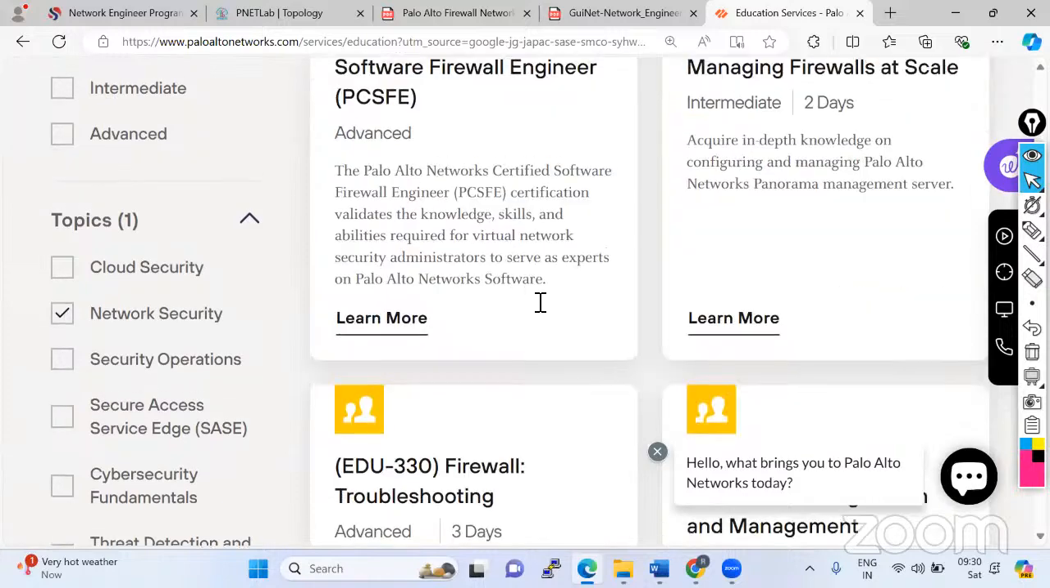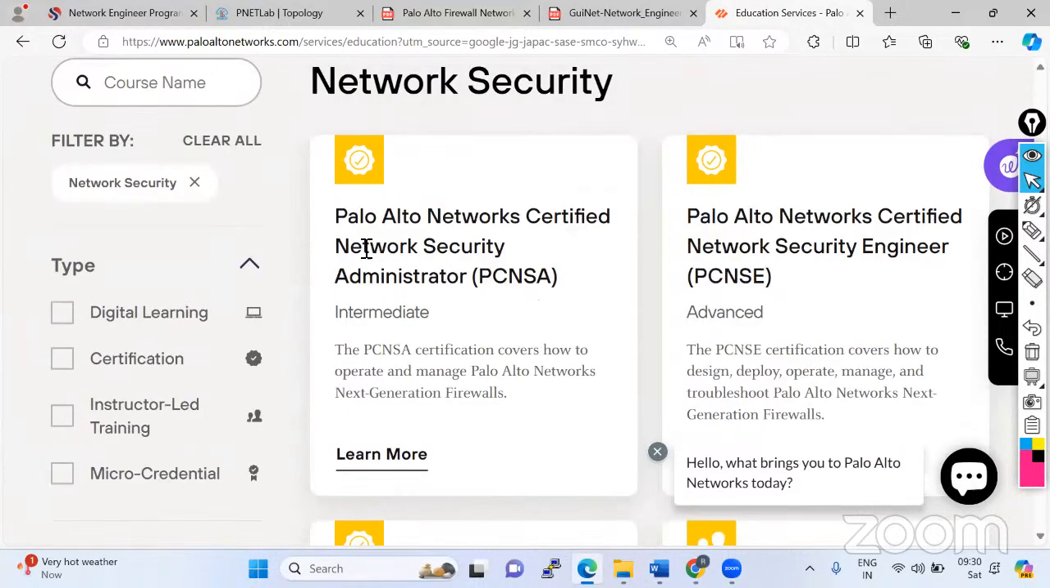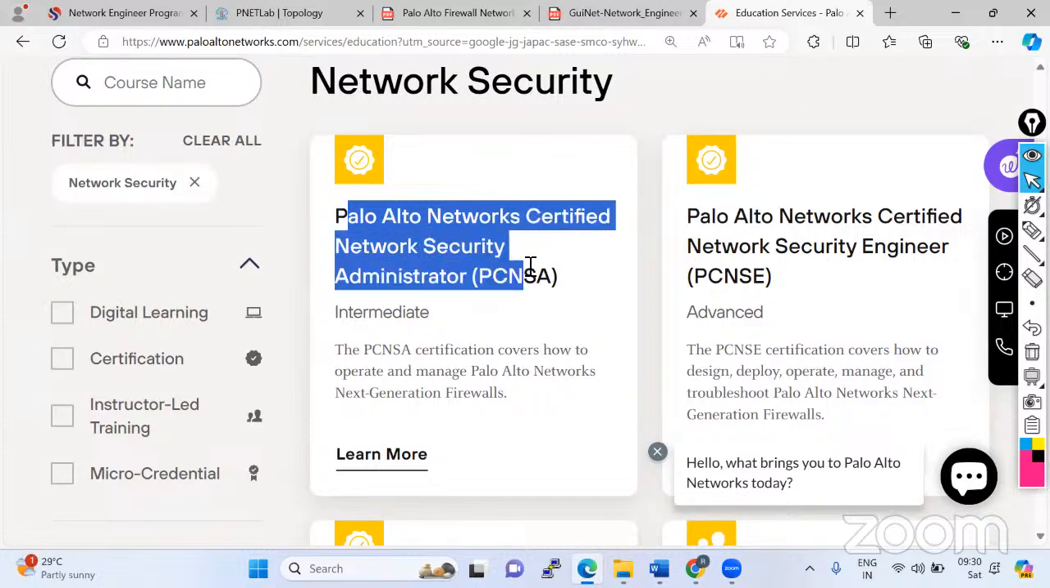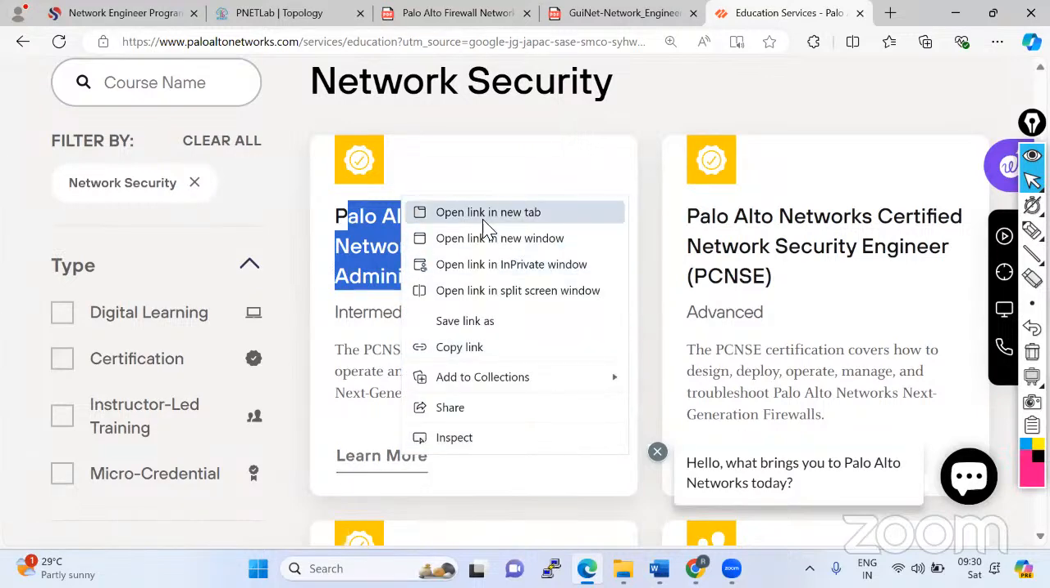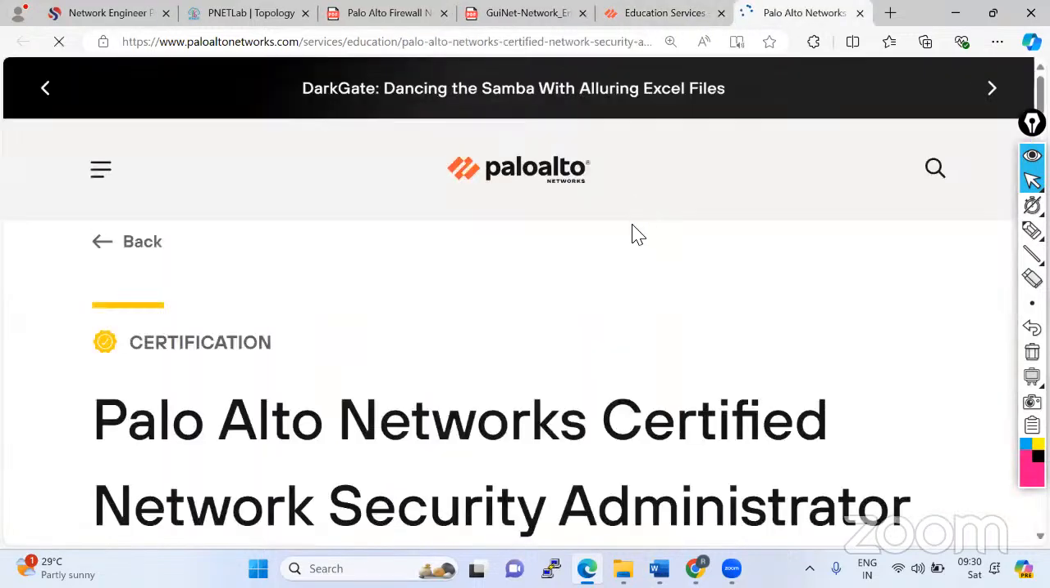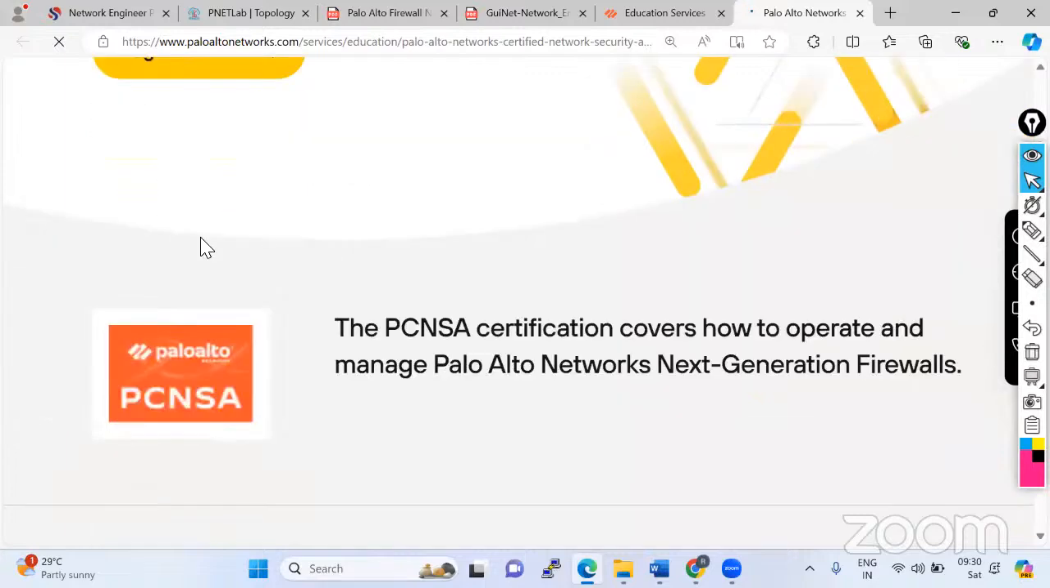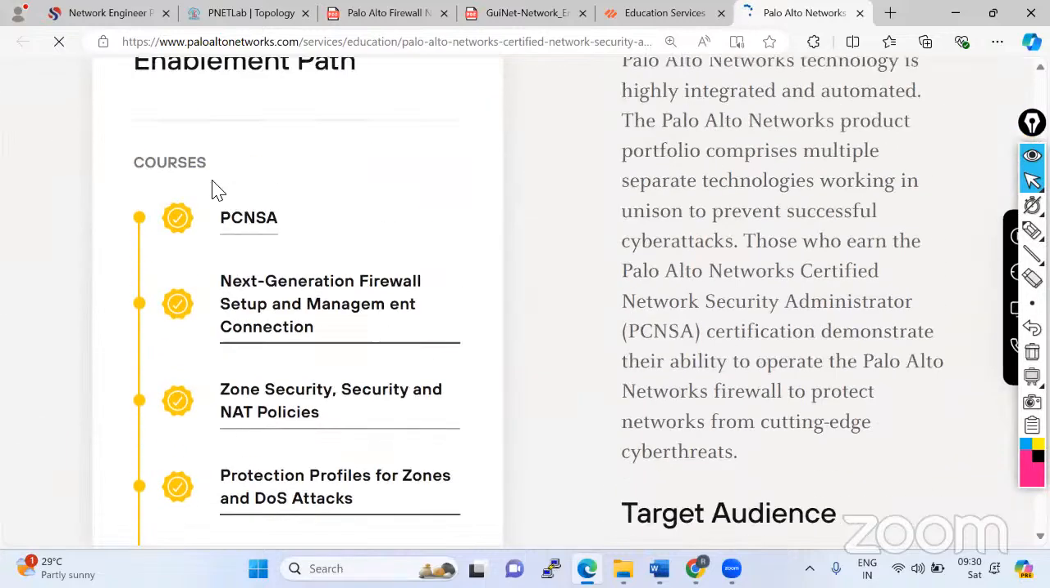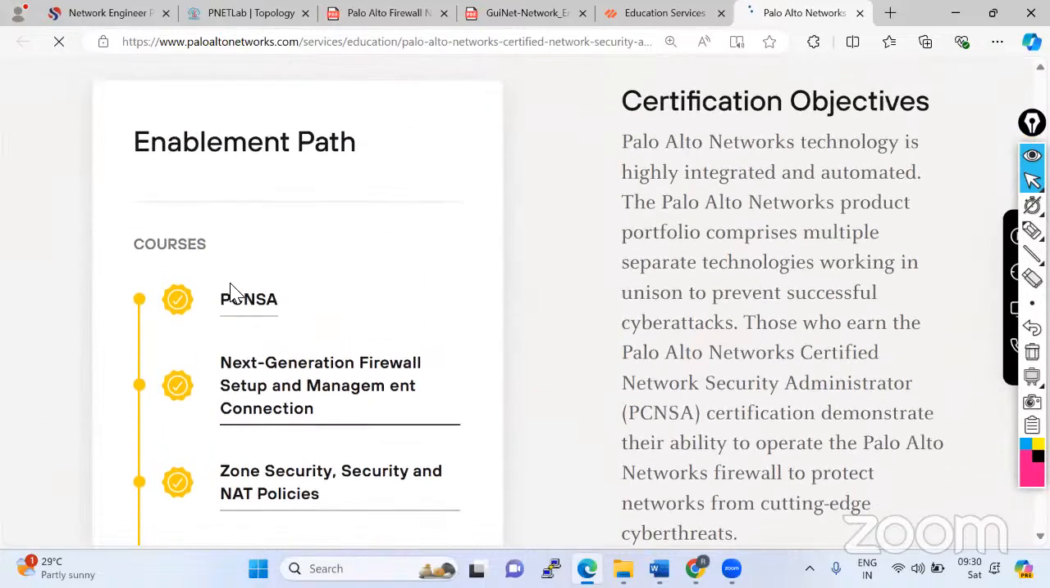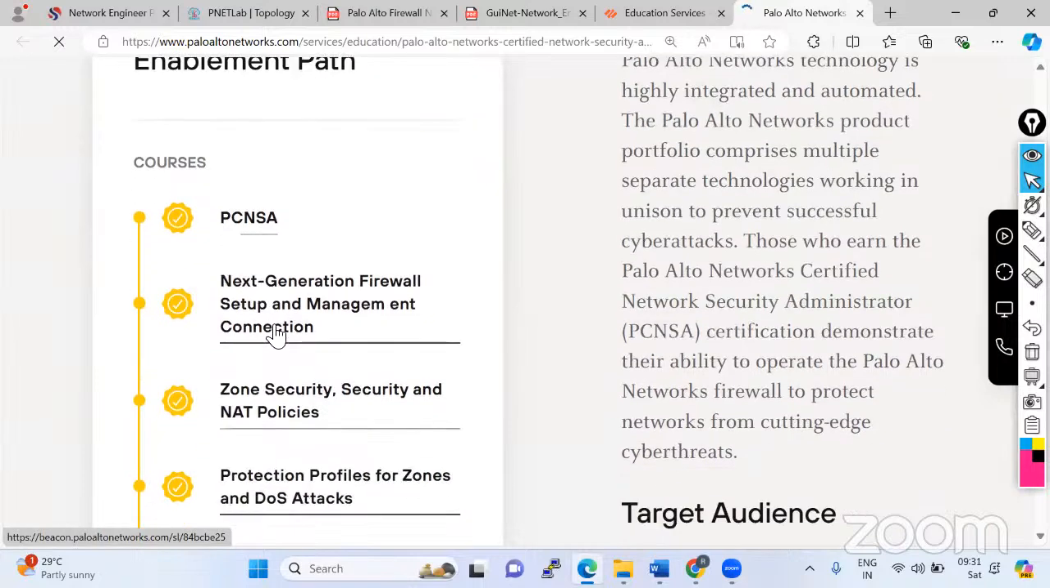Just filter the network security, and see, this is the first exam, Palo Alto Networks Certified Network Security Administrator. If you go and learn more about the course content, you are going to find all the course content and everything that is going to be covered. See, in this course content, you are going to understand about what is the next generation firewall, setup and management